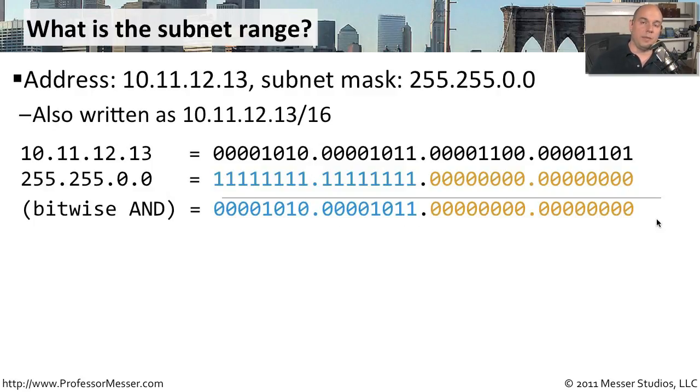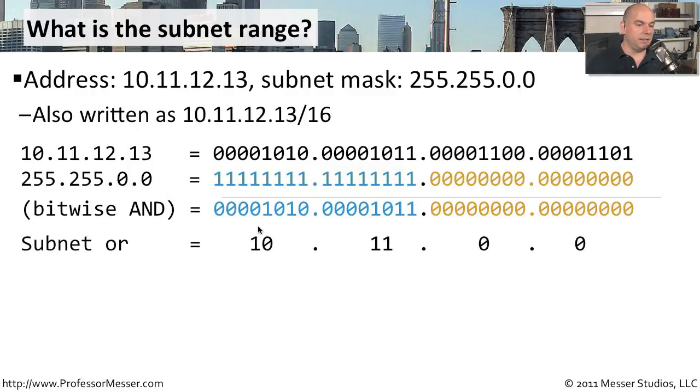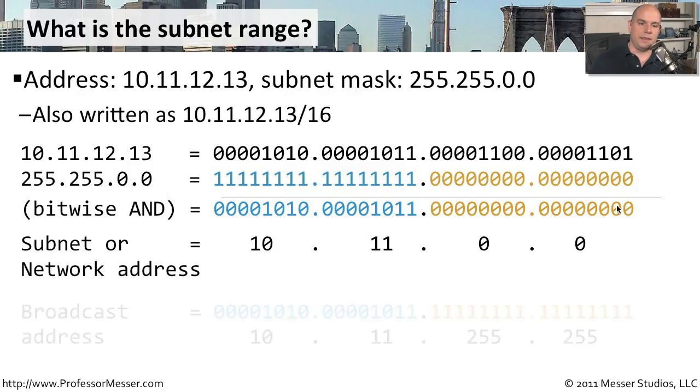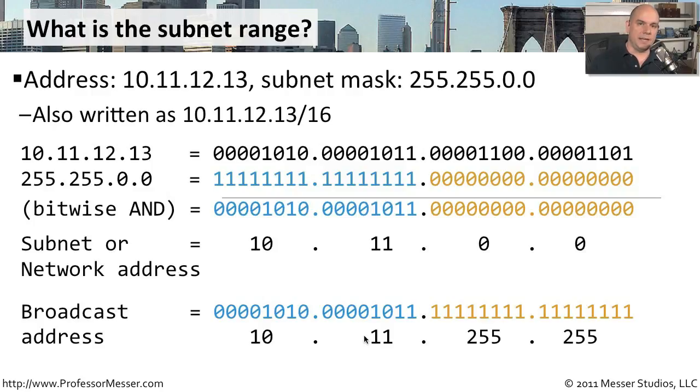And by then performing a binary to decimal conversion, our subnet that we have has an IP address of 10.11.0.0. That is our subnet address. And if we take all of those particular zeros that are there and make them 1s and perform the same conversion, we come up with the subnet broadcast address, which is 10.11.255.255. So there's the first 2 numbers we need, which is our subnet address, our network address, and the broadcast